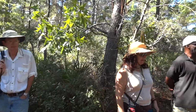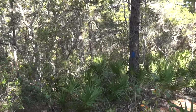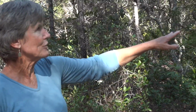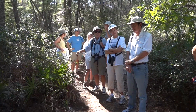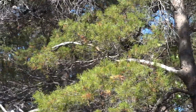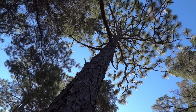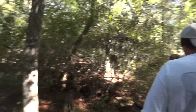Basically, if you go that way on that unmarked trail, we're going to follow the Blue Blaze Trail. As soon as we start going down, you're going to feel the temperature drop a little bit. You'll notice again the larger trees starting. This is an upland pine forest. This is your traditional southern forest. Forestry has a tremendous program going on of taking out a lot of the sand pine where it doesn't belong, which is more upland, and putting in the longleaf pine because...